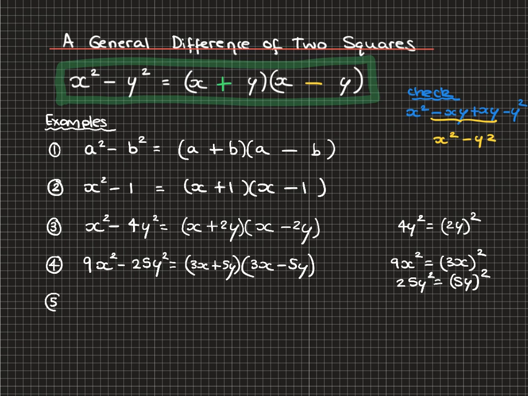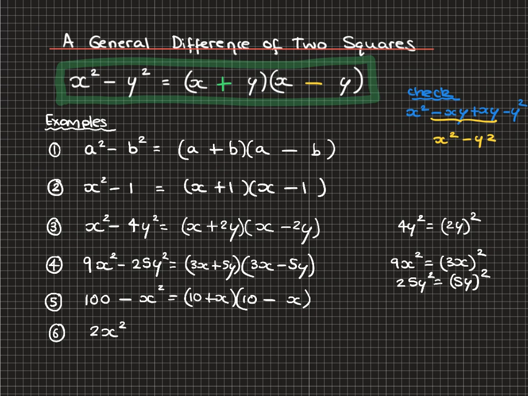Number 5, 100 minus x squared. Now, I suspect everyone would have been quite happy to factorise x squared minus 100. All I've done is reverse the order of the terms, so the brackets can begin with 10 and end with x, and we have plus and minus. Now, one last example,